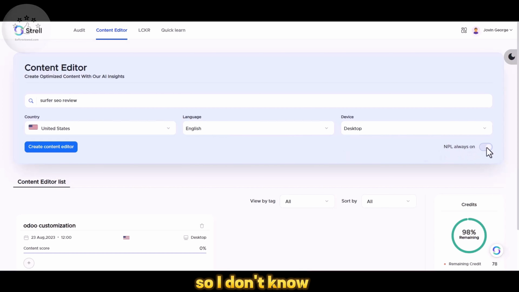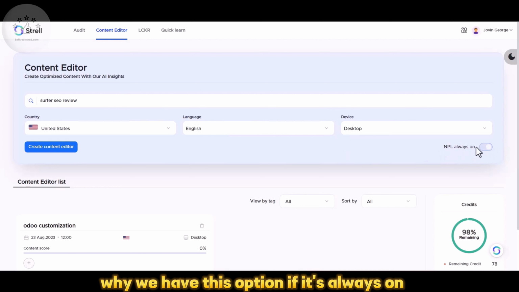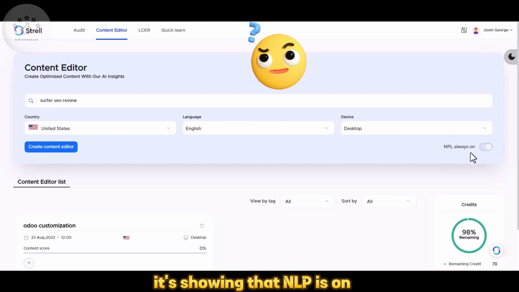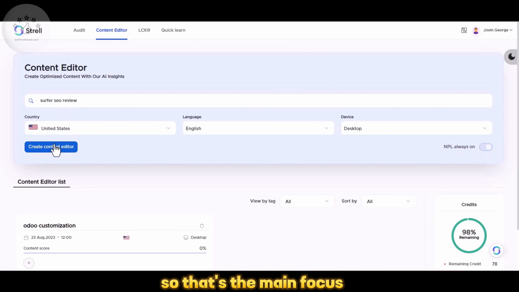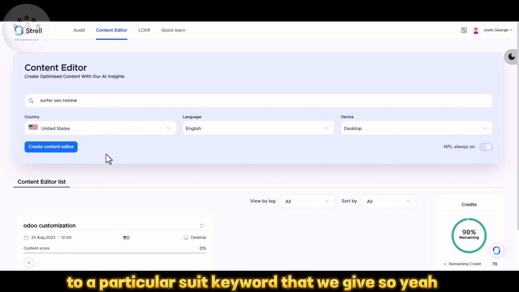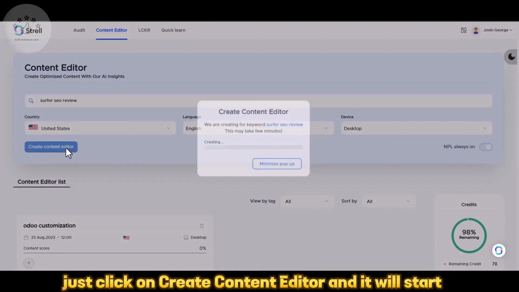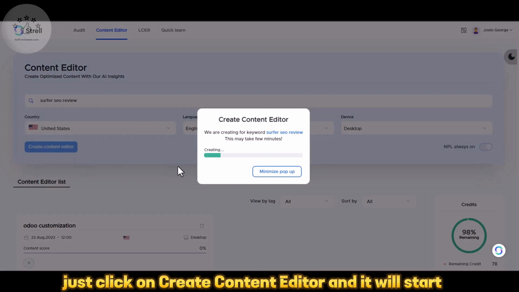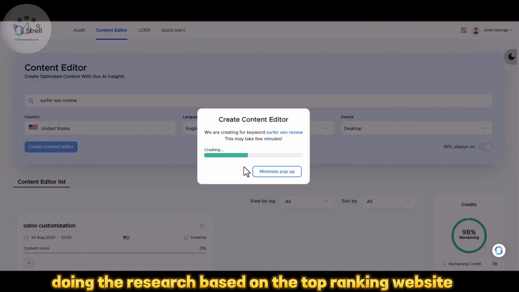I don't know why we have this option if it's always on, but yes, it's showing that NLP is on, and that's the main focus. We need to find the NLP keywords that Google uses to find relevance to a particular seed keyword that we give. So just click on create content editor, and it will start doing the research based